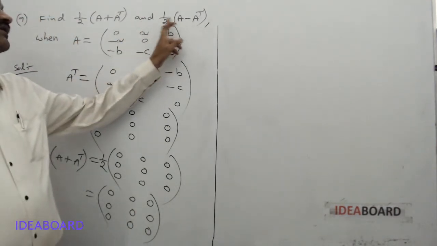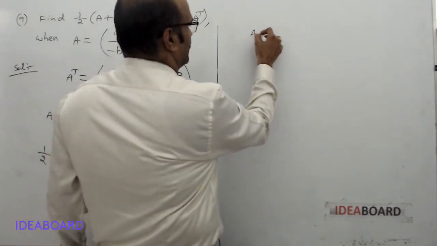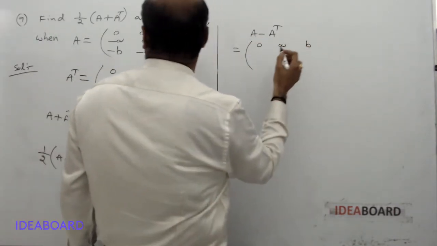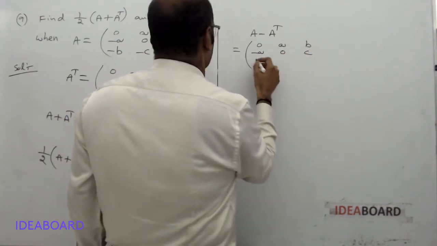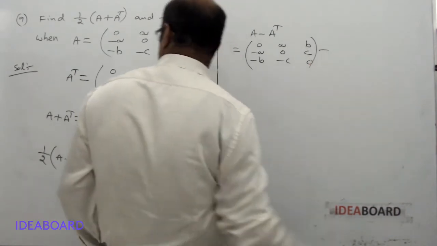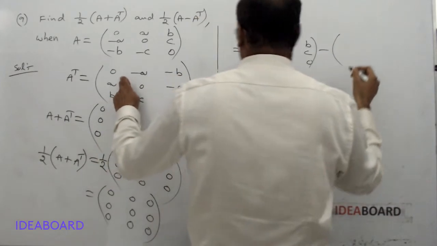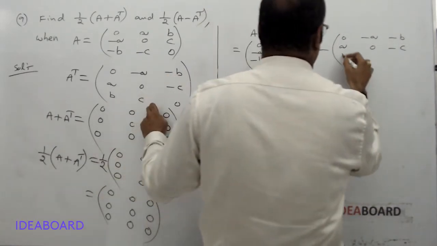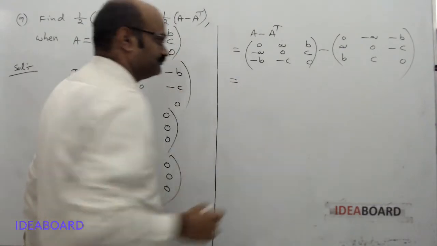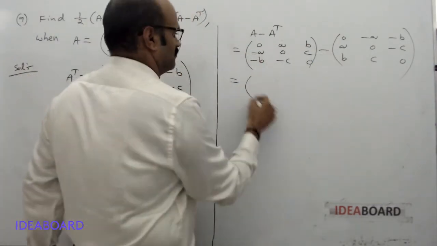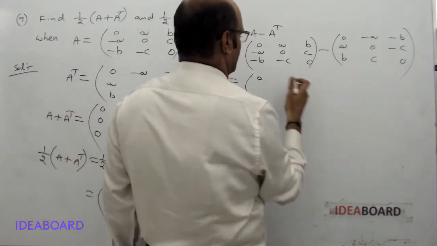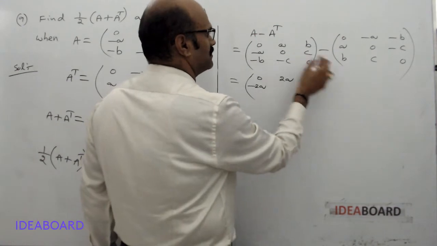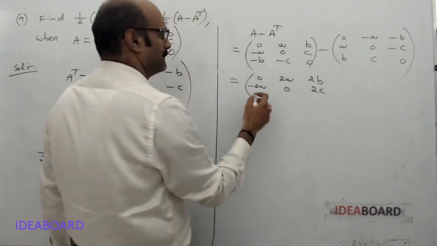Now we have to find half into A minus A transpose. A minus A transpose equal to, the matrix A equal to, we have [0, a, b; -a, 0, c; -b, -c, 0] minus A transpose, which is [0, -a, -b; a, 0, -c; b, c, 0], equal to 0 minus 0 equal to 0, a minus of minus a, 2a, b minus of minus b, 2b, minus a minus a, minus 2a, 0, 2c, minus 2b,